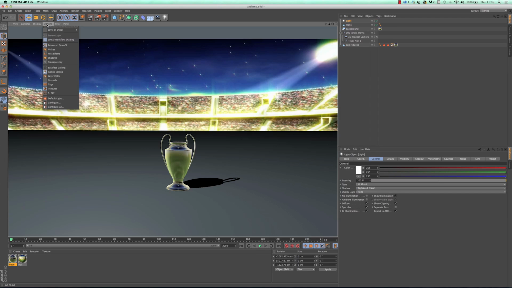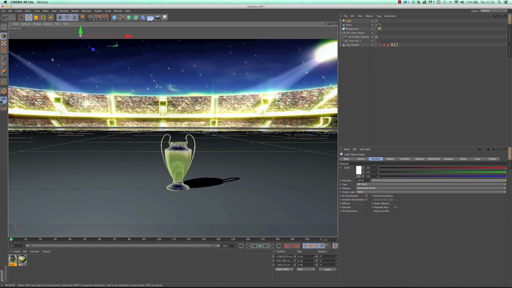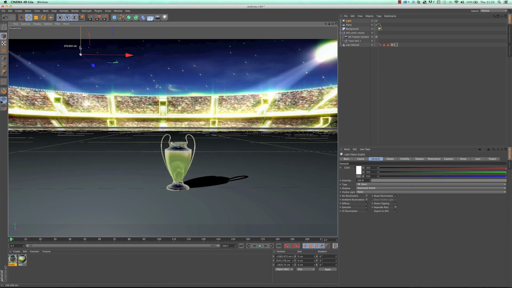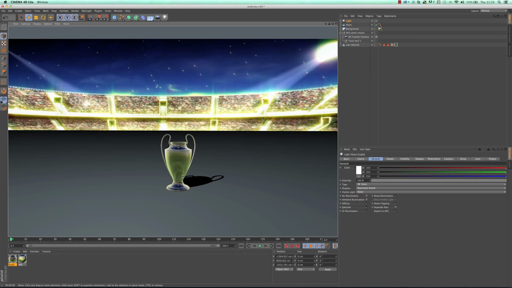What is quite cool as well is under that enhanced OpenGL, you also have the option to turn on shadows. And if I do that, I'm now actually in the editor view, and I'm seeing shadows in real time. That means if I grab the light source and move it around, I'll see how that shadow is affected in the scene, which again is very nice to have. So I've got the shadow here, and if I hit render, it's actually very close to what I had already,